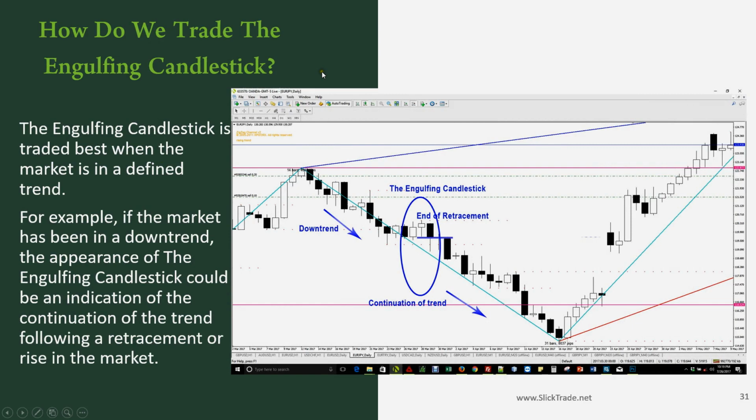But how do we trade it? The engulfing candlestick is traded best when the market is in a defined trend. Okay, for example, if the market has been in a downtrend, the appearance of the engulfing candlestick could be an indication of the continuation of the trend following a retracement or a rise in the market. In this example here, we have a downtrend. Price comes up. That's our retracement, okay, or our rise in the market. And then here,